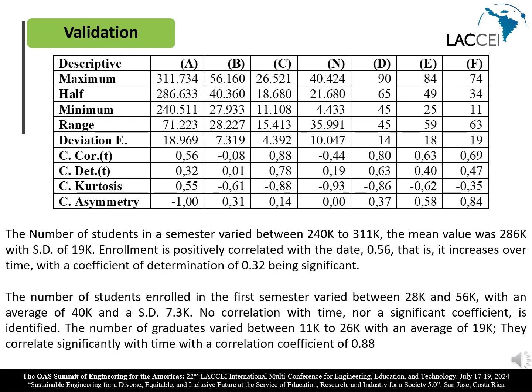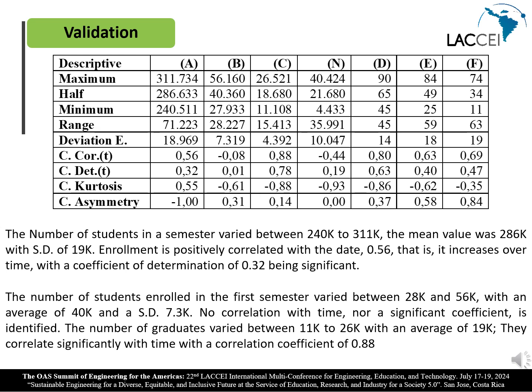Validation. This is a table that shows different statistical characteristics. For example, the number of students per semester varied between 240,000 to 311,000. The mean value was 286,000 with SD of 19,000. Enrollment has a possible correlation with the dates, semester period, that is, it increases over time with a coefficient of determination of